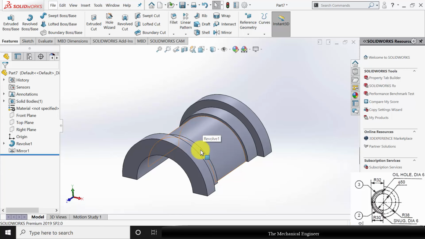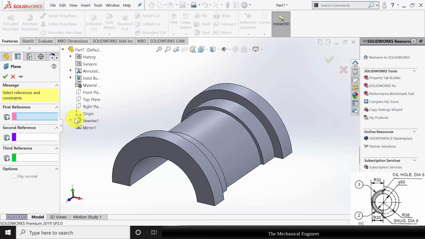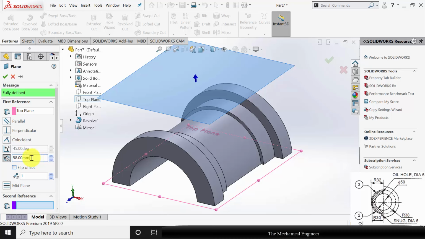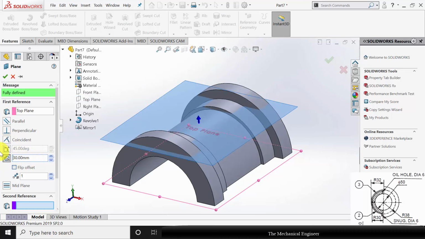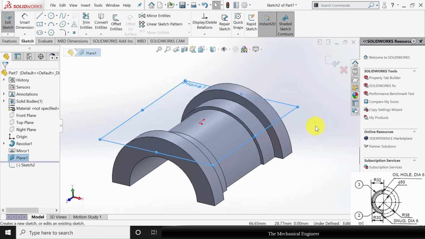Okay. Now in the second part there is an extruded circle here, so I am going to create it. For that I am going to create a reference plane. So go to Plane and the first reference is my top plane. From the top plane, this is at a height of 60 by 2. So that is actually the height of the bottom region. So click OK. Now select the surface, click Sketch,